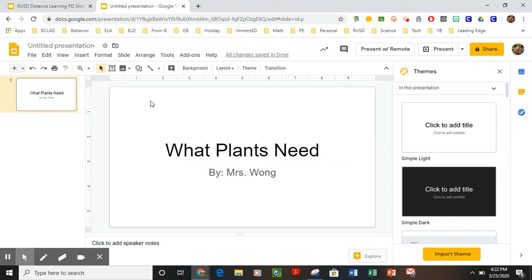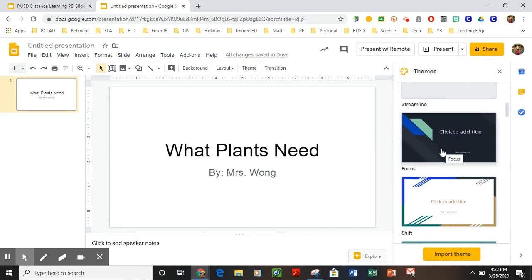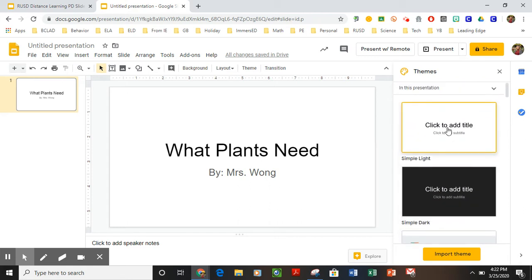I have a couple of options to change it from that white background to something different. If I choose to use a theme here, by clicking on theme, it opens the sidebar with our themes. All of these themes will be a set theme that will run throughout the entire slideshow, and I won't really be able to customize the slides. The backgrounds will all be set with this theme. If I'd rather customize and have individual backgrounds and set it up the way I'd like, instead of choosing a